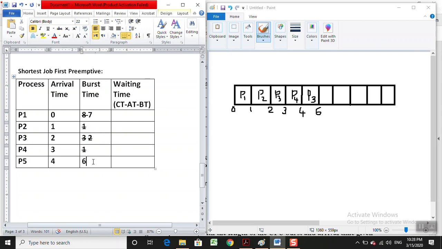Now what remains? P5 and P1. P5 obviously has the shorter burst time, so this will also finish its execution. That is P5, 6 plus 6, it will be until 12. Then P1 remained